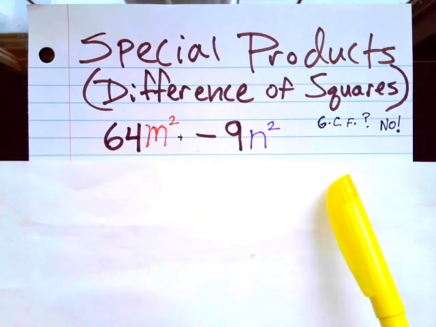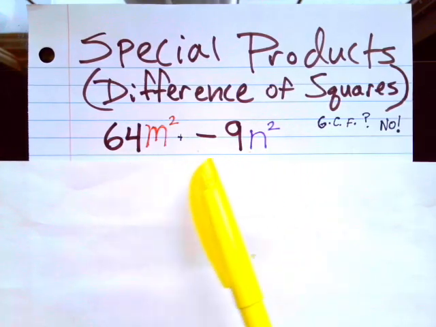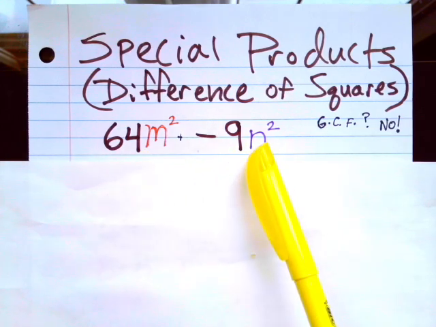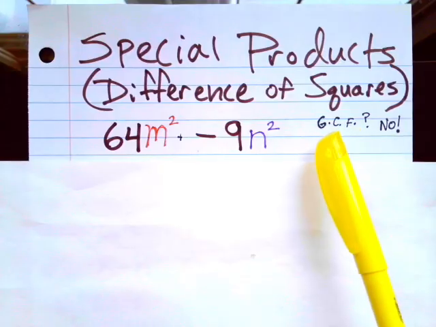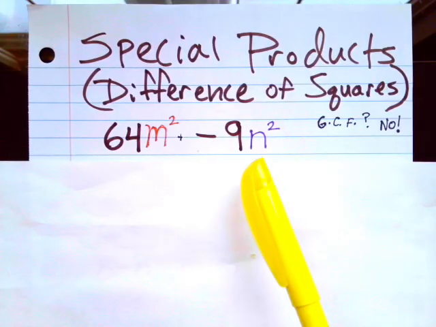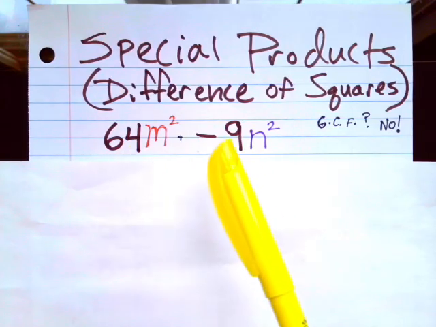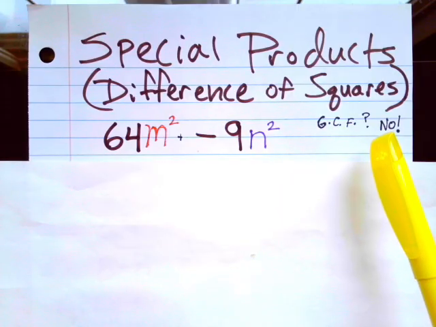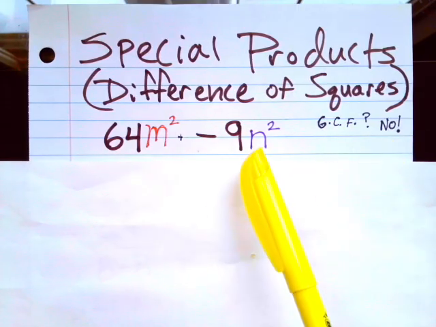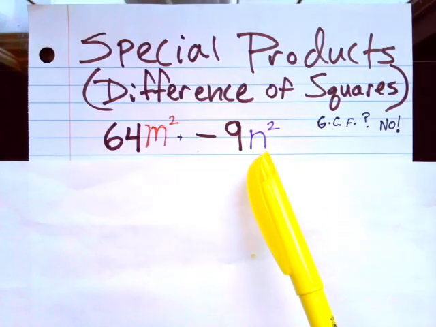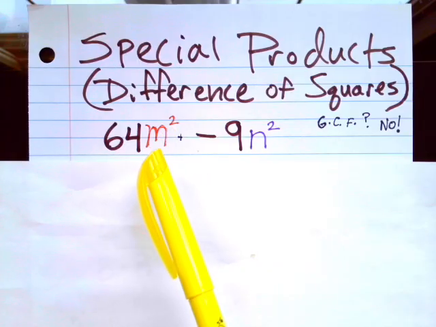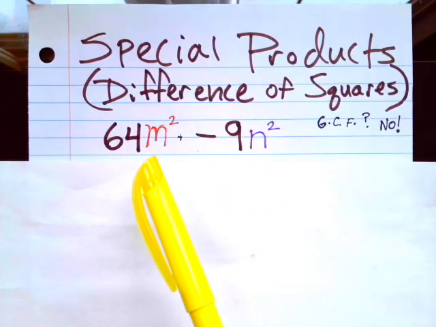It's really important. So here I'm going to look at these two terms. 64m squared is a term. Negative 9n squared is another term. And I want to find, is there a greatest common factor I can take out of both of these terms? Is there a greatest common factor that both these terms share? The answer is no. And you're saying, well, why not? Well, there's an n to the second power with the term on the right. There's an m to the second power with the term on the left. So I can't take out any variables,